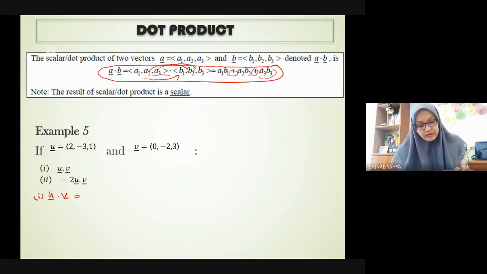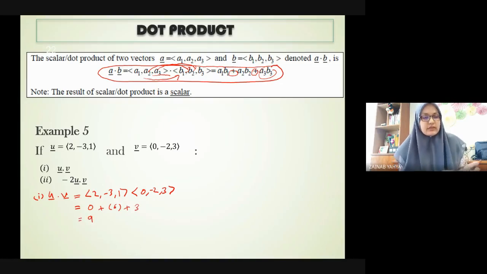So u dot v will be 2, negative 3, 1, dot 0, negative 2, 3. So 2 times 0 is 0, plus negative 3 times negative 2 is 6, plus 1 times 3 is 3. Just add them together, you get 9. So see, you just get a number. For number 2,